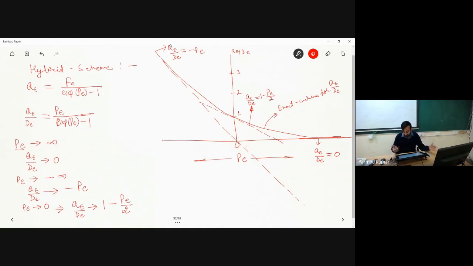Okay. So what I have done basically, I have created 3 different lines. One line I have represented when my Peclet number is approaching minus infinity. Another line I have represented when Peclet number is approaching plus infinity, and one more line I have considered when my Peclet number is tending to 0. So when my Peclet number is tending to 0, this is the line I am getting over here.